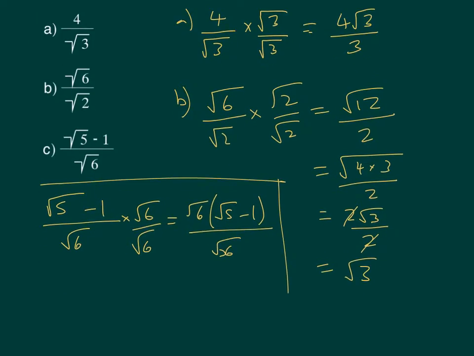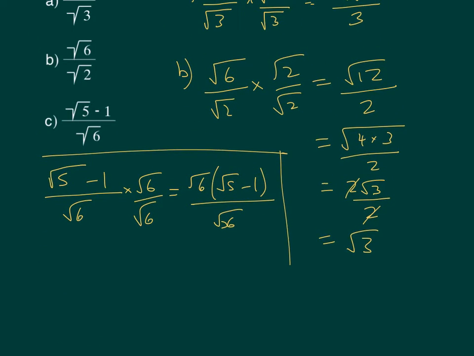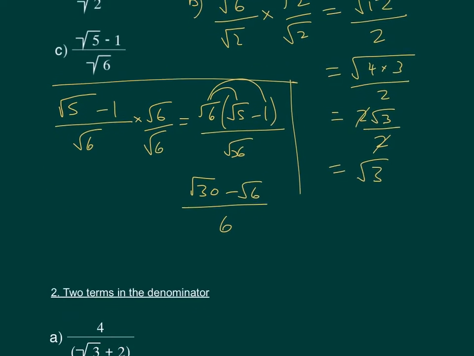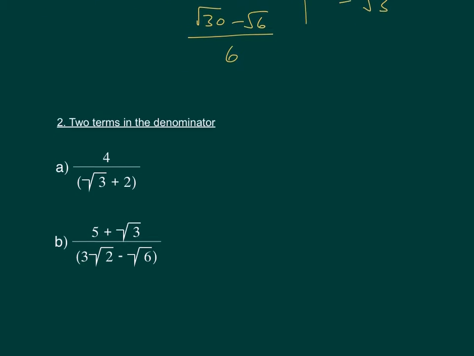Just give myself a little bit more space. So root 6 times 5 gives us root 30, and root 6 times minus 1 is minus root 6, and that's over 6. That is as far as we can go with this. We could factor out a root 6, but it's not really going to simplify the top there, so we'll leave it as that, and we'll move on to the next type, which is where there are two terms in the